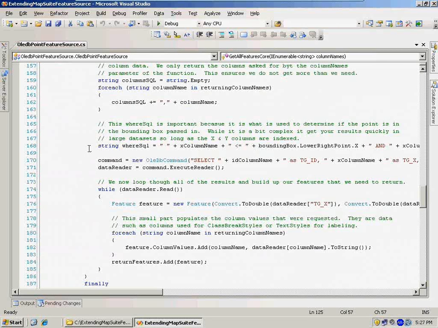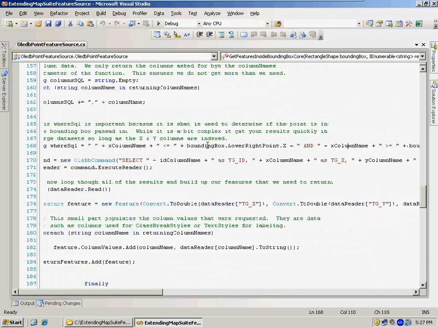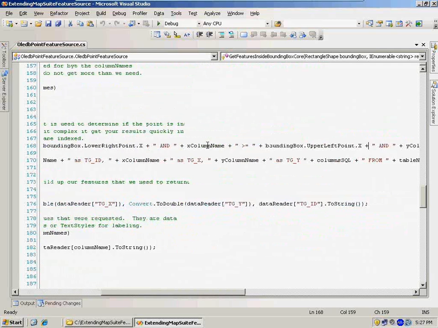And now the where clause is not very complicated, but it is somewhat complicated, because what we want to do now is take the bounding box and make sure that these points are in it. So to do that, you have to say something like where the x column is less than or equal to the bounding box dot lower right point dot x. And you have to compare the bounding box upper left and lower right, x and y, to your point. I'm not going to go into this whole thing, but you can take a look at it at your leisure. But this SQL statement will work for any point-based layer that's in SQL. So it's a little long,